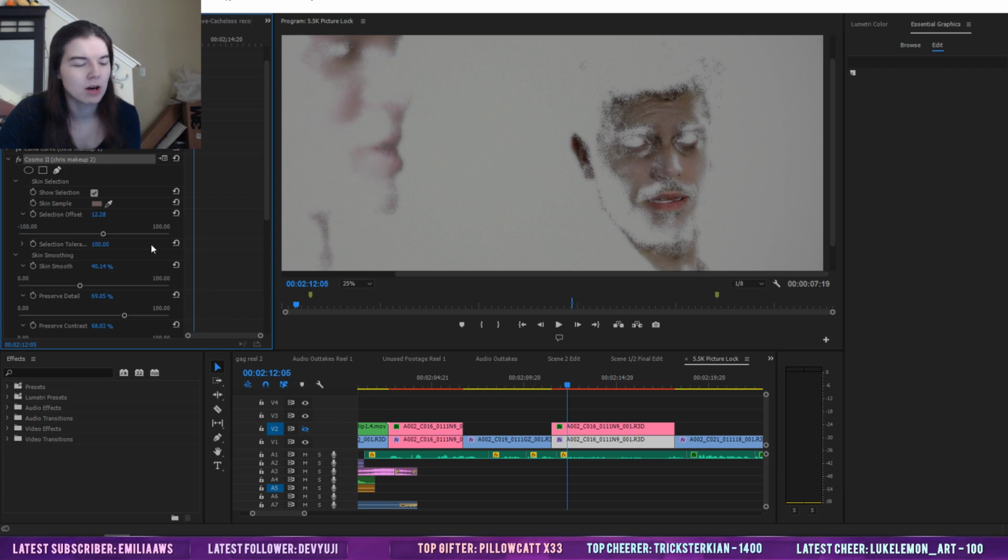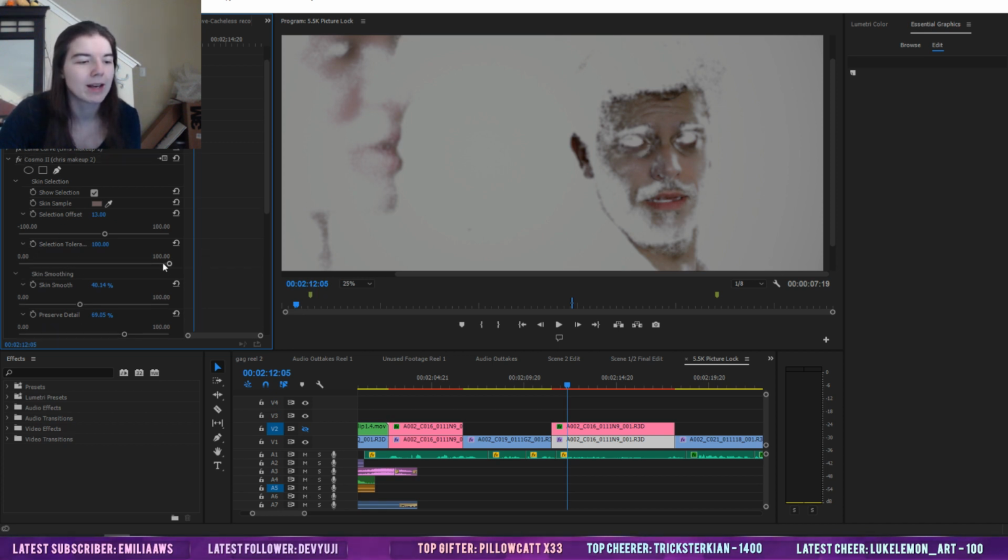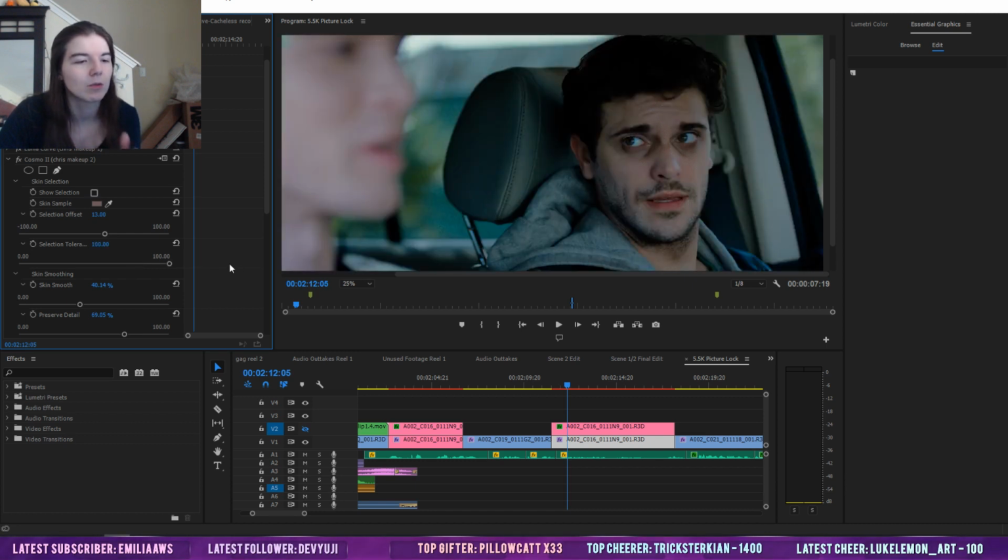I wanted to make sure that I was catching his skin, but not catching his eyes, his actual eyeballs. Lips are another portion that you kind of don't want to catch because making the lips and skin the same color can be off-putting. But unfortunately, I kind of had to because that's just the way that this worked. But yeah, that's a lot more flattering, I think, because without it, the skin is just a little bit like...